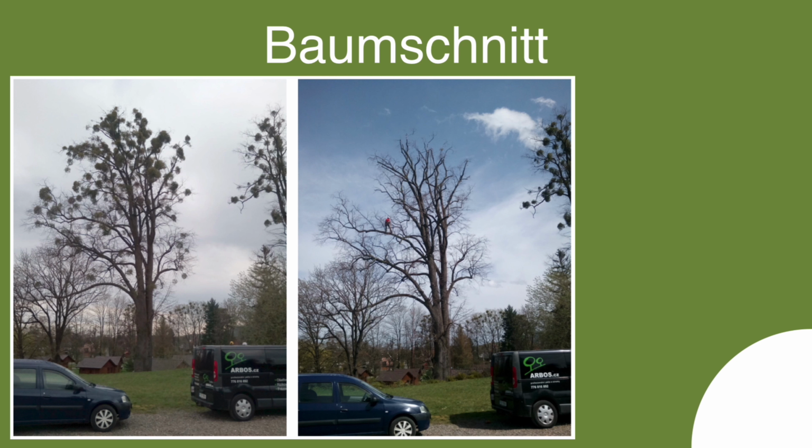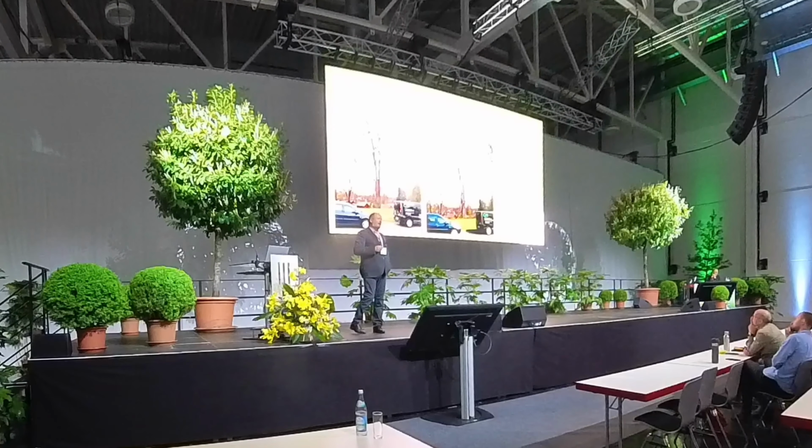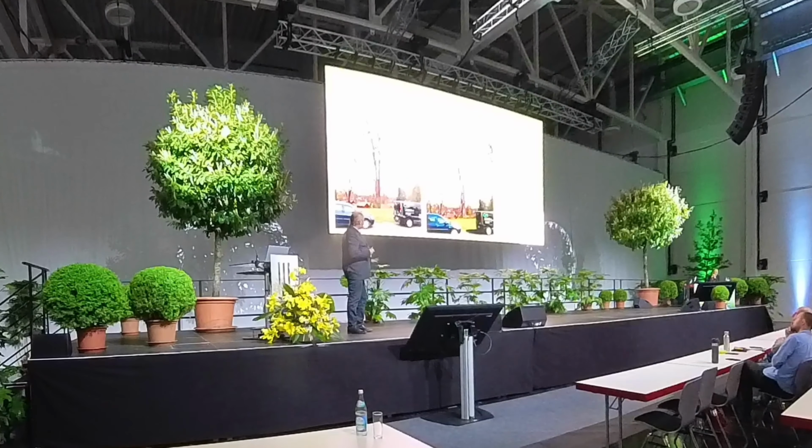So how does the solution look for the tree using the tree pruning system? Obviously, you are removing parts of the crown, parts of the leaves of the tree. On the other hand, you can be very sensitive, and maybe an important thing to say now, you definitely need to remove the full branch, because the mistletoe creates the haustoria, the roots really, and they are more or less inside the crown canopy, if I can name it like that, of the shrub. So you need to remove the full branch under the shrub.